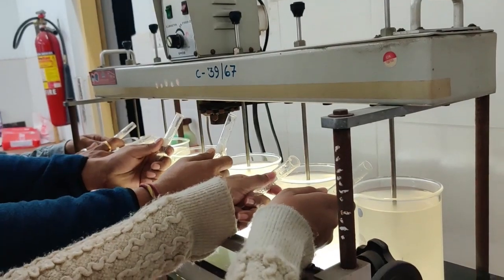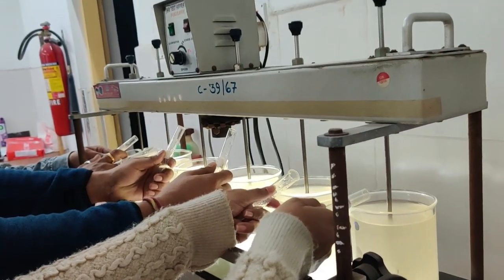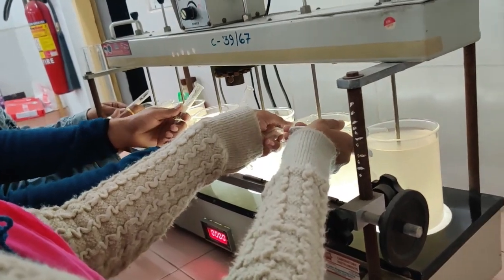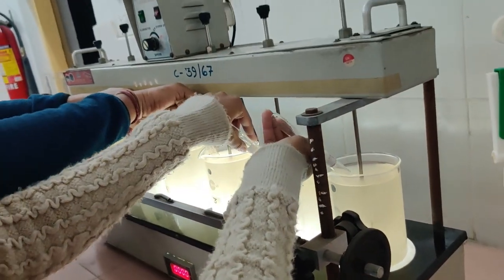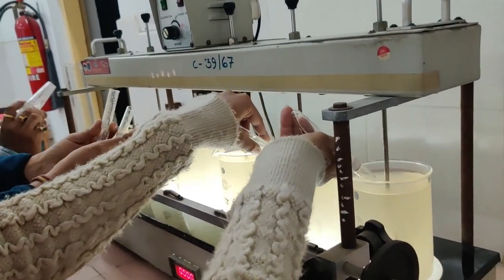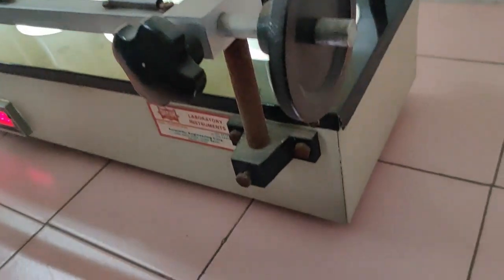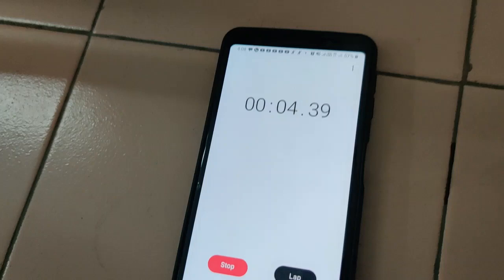We need to add all the doses simultaneously. Add. And start flash mixing at 80 rpm for 30 seconds.